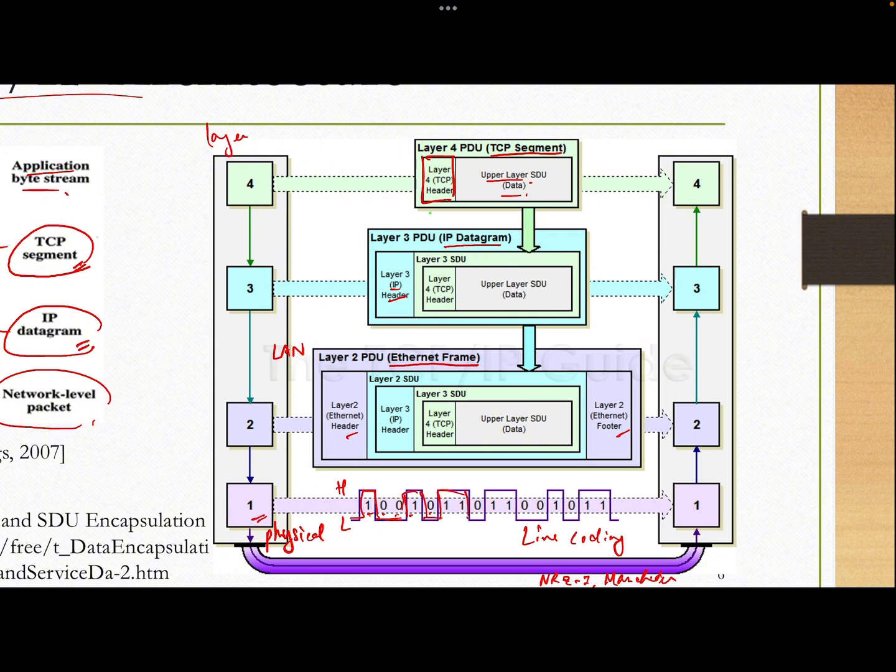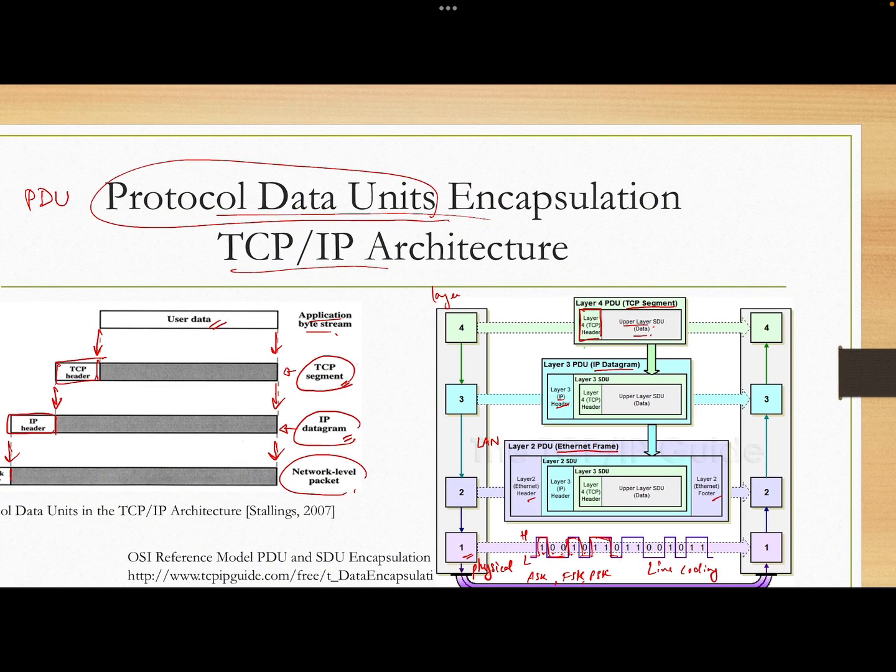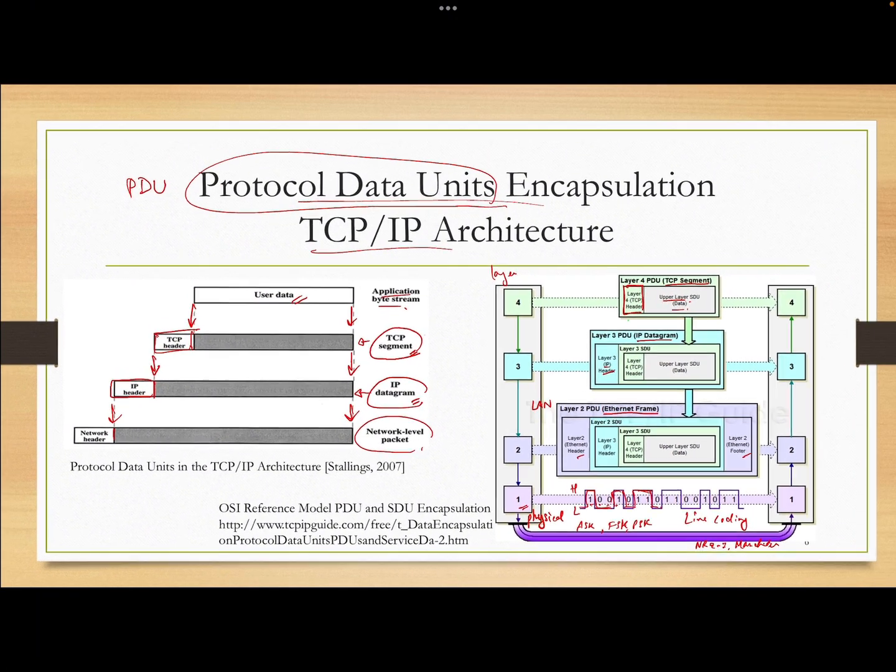Then you can also change this into, like, ASK amplitude shift keying, FSK frequency shift keying, or phase shift keying to send to the transmission media. You can review this. When we talked about ASK, FSK, PSK, or line coding, or NRZ-I, NRZ-L, Manchester, in that topic, I will not repeat them here. Now we know about all this, but again, I want to emphasize